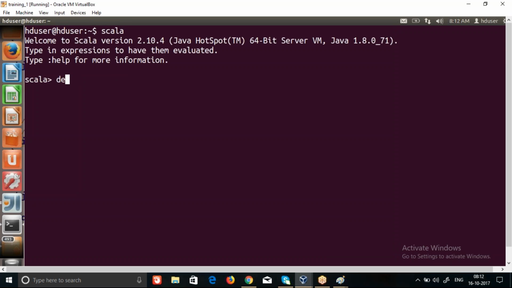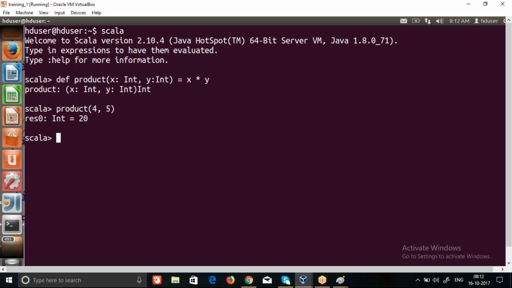I have, let's say, I define a simple function. Simple function, a product, which takes two integers and gives the product of those two integers. This is the traditional way of defining a function, and this is the traditional way of calling the function. So we have this. Now